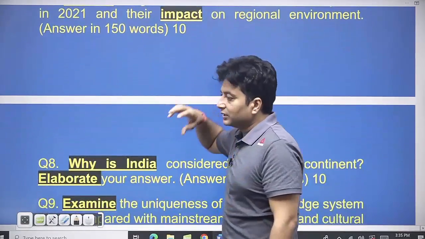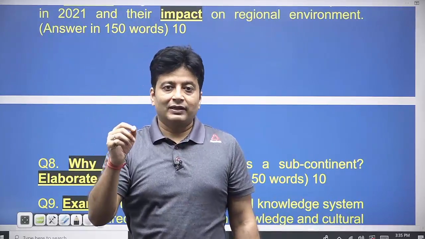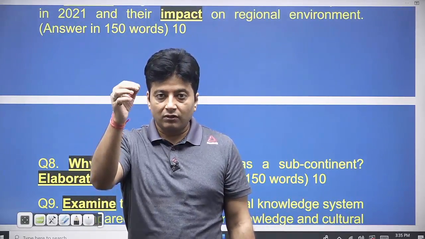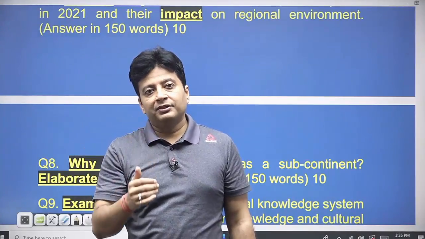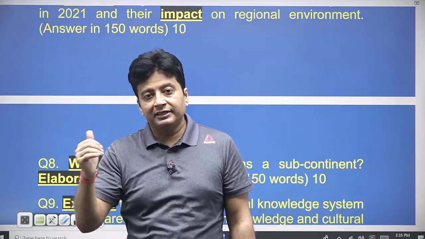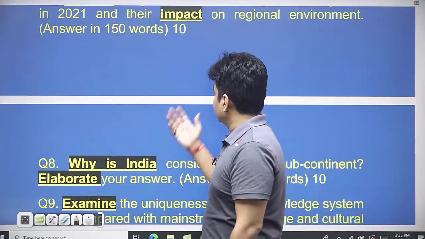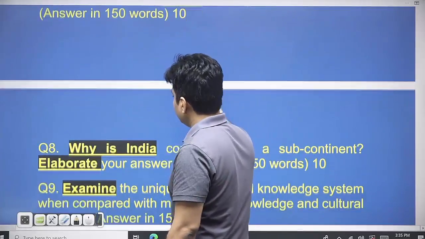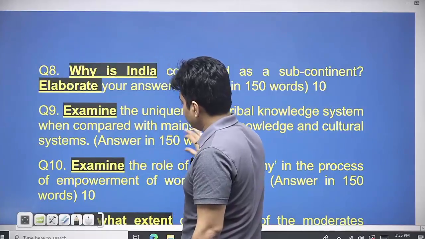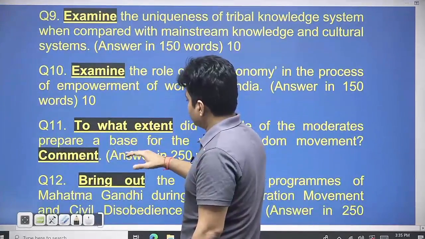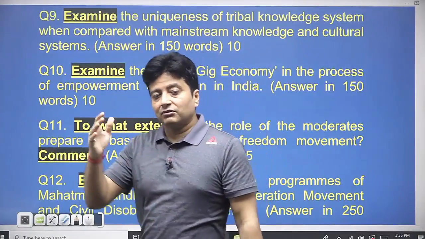So these words are also telling you that while reading or studying one particular topic, you have to see what all dimensions there are. Okay, impact may be there, consequence may be there, vulnerability may be there, right? So cause and effect can also be written as part of the question. Then the word why has been used here, examine, to what extent, right? Again, bring out, throw light upon. So these all are tailenders.